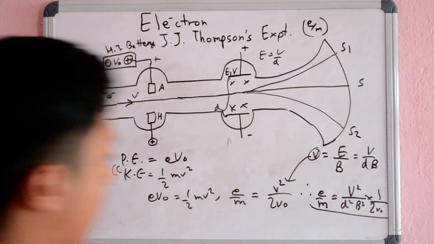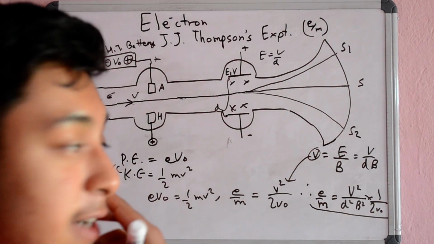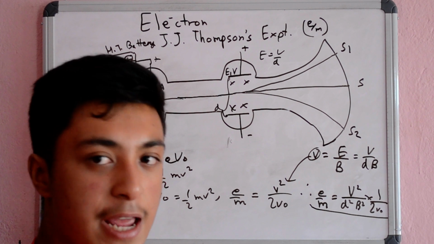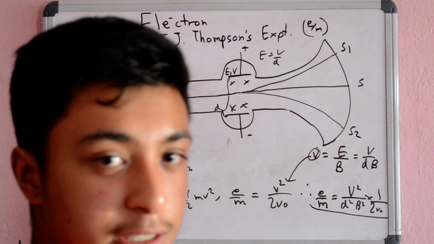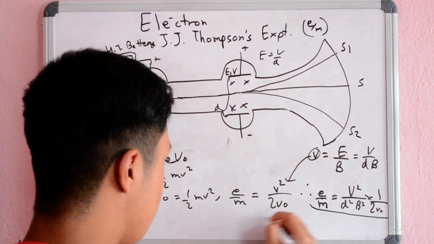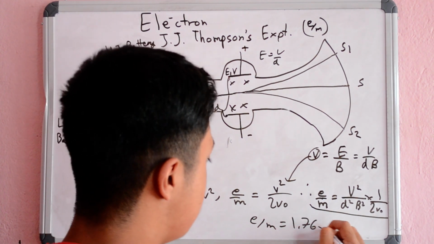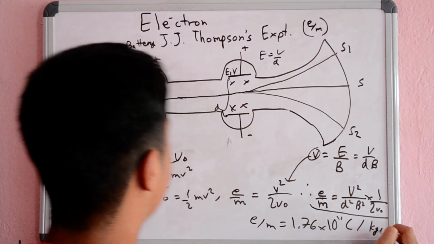And from the right hand side we can find out what the specific charge is. But in a short time for exam, you can just directly use e by m because it is stored in your calculator, and the value of e by m will be 1.76 into 10 power 11 coulomb per kg. This is all for J.J